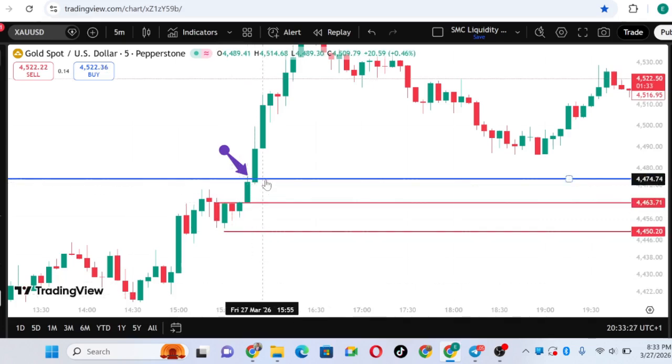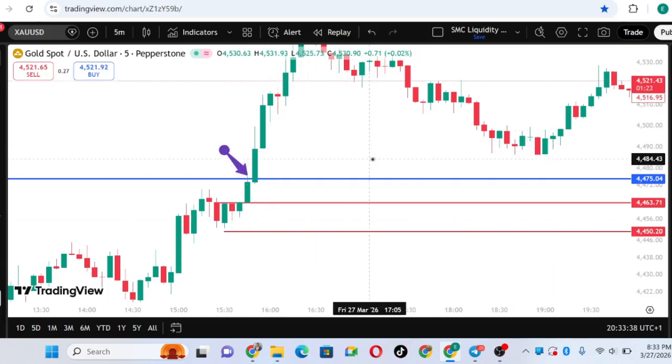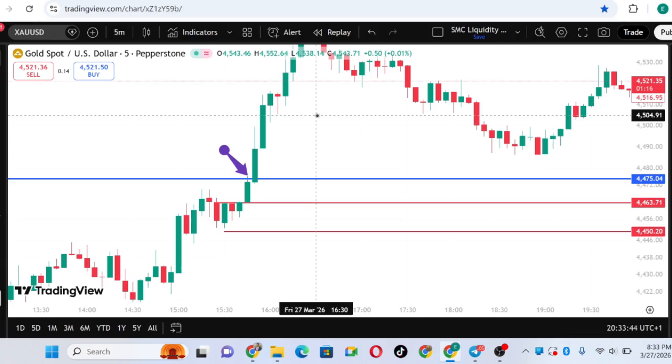Unfortunately, to them, I did not enter. I waited. Those that entered sell would be kicked out of the market because their stop loss would be around this area. In short, by the way, in some Telegram groups that I am in, when the market was at this point, people started selling, selling, selling. But I didn't have a reason to sell. I didn't have a reason to sell at this point.